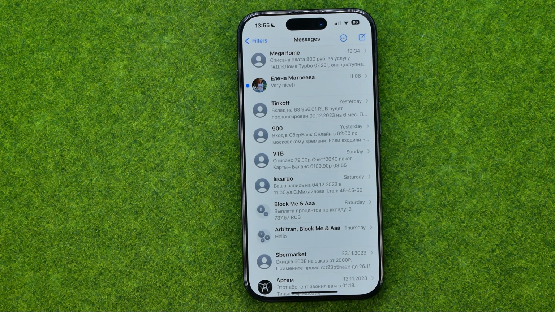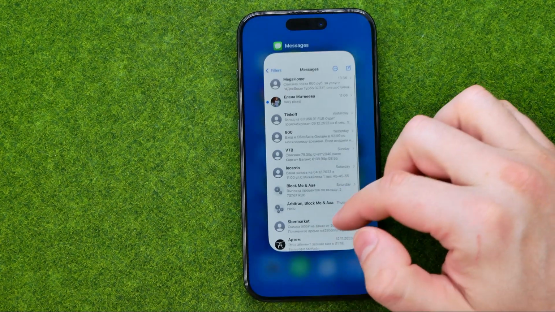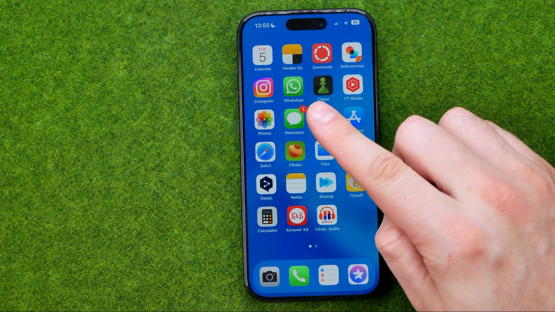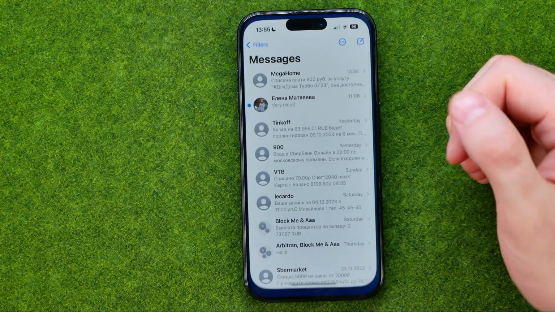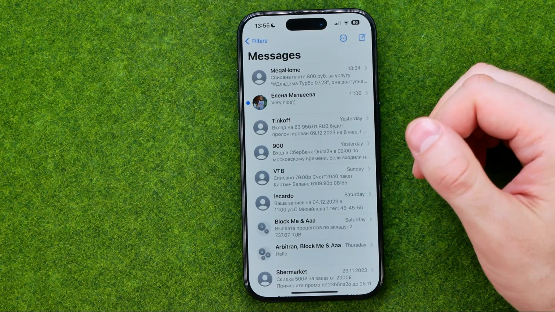In this video, I'm going to show you how you can easily save iPhone messages, so be sure to watch the video to the very end so you don't make any mistakes. Let's get started, guys, and first off, open up Messages app and I'm gonna show you how you can easily